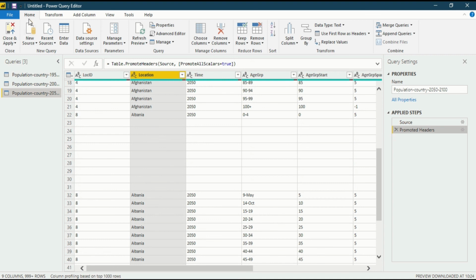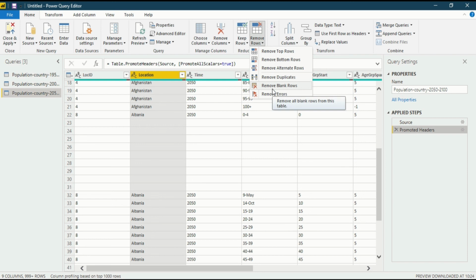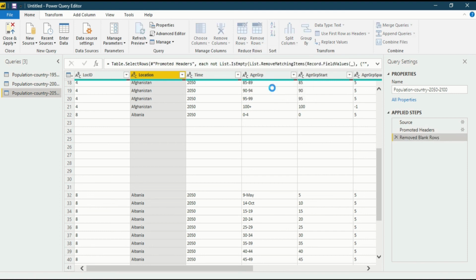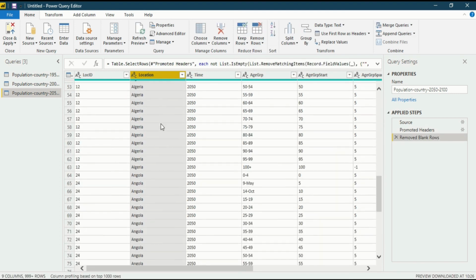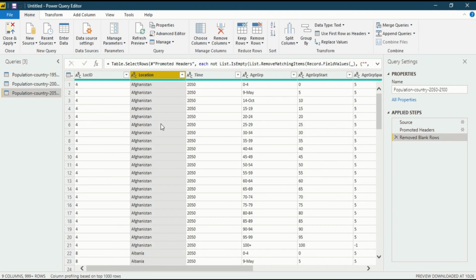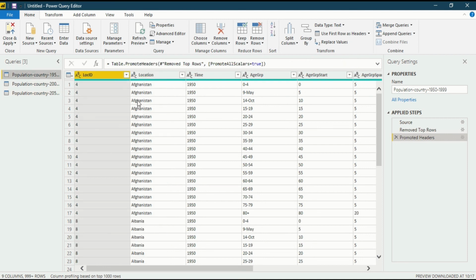Just go into the Home ribbon. You will see remove rows. Earlier we have covered all these points. You just have to remember a few things. There is an option to remove blank rows. You don't have to search for it. Power BI Desktop is smart software, it will do it for you. Just click on remove blank rows. After that the blank rows have been removed. So this is quite easy, and all the editing in the multiple files has been done, and your data is now good data. You can close and apply it into the data model and visualize it there through various models.